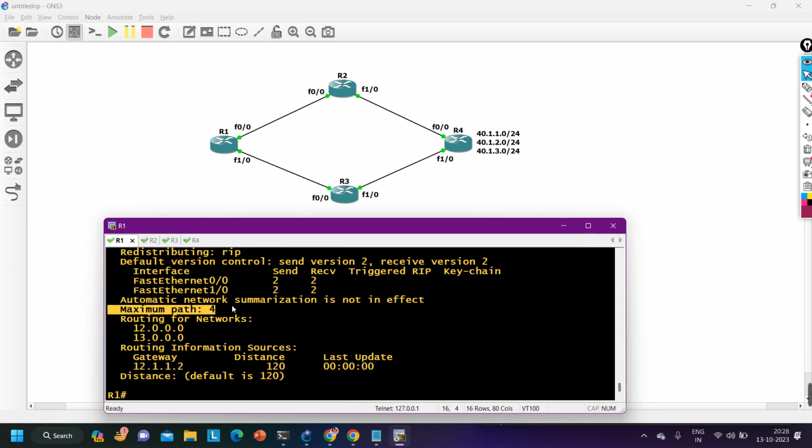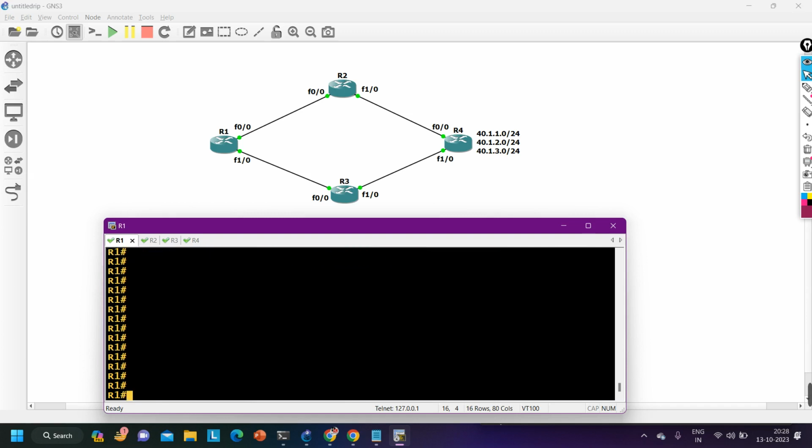Got it? Any confusion guys till here? Now